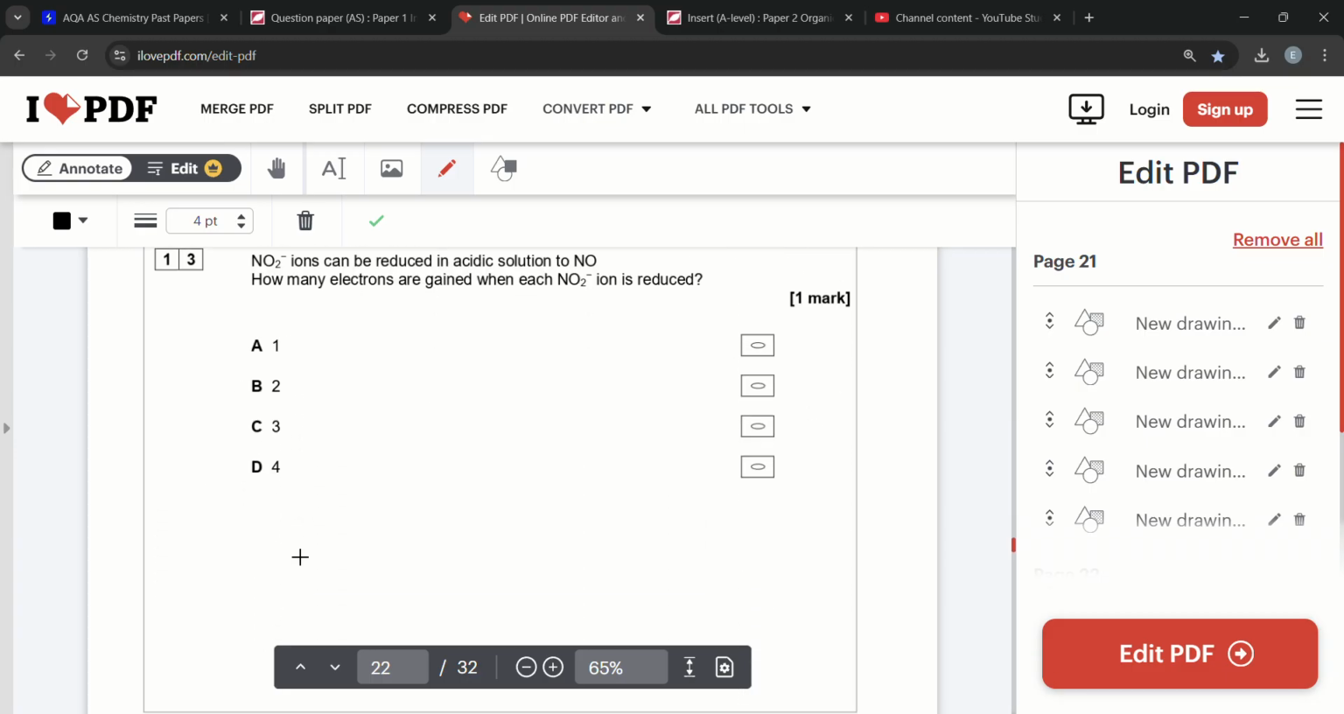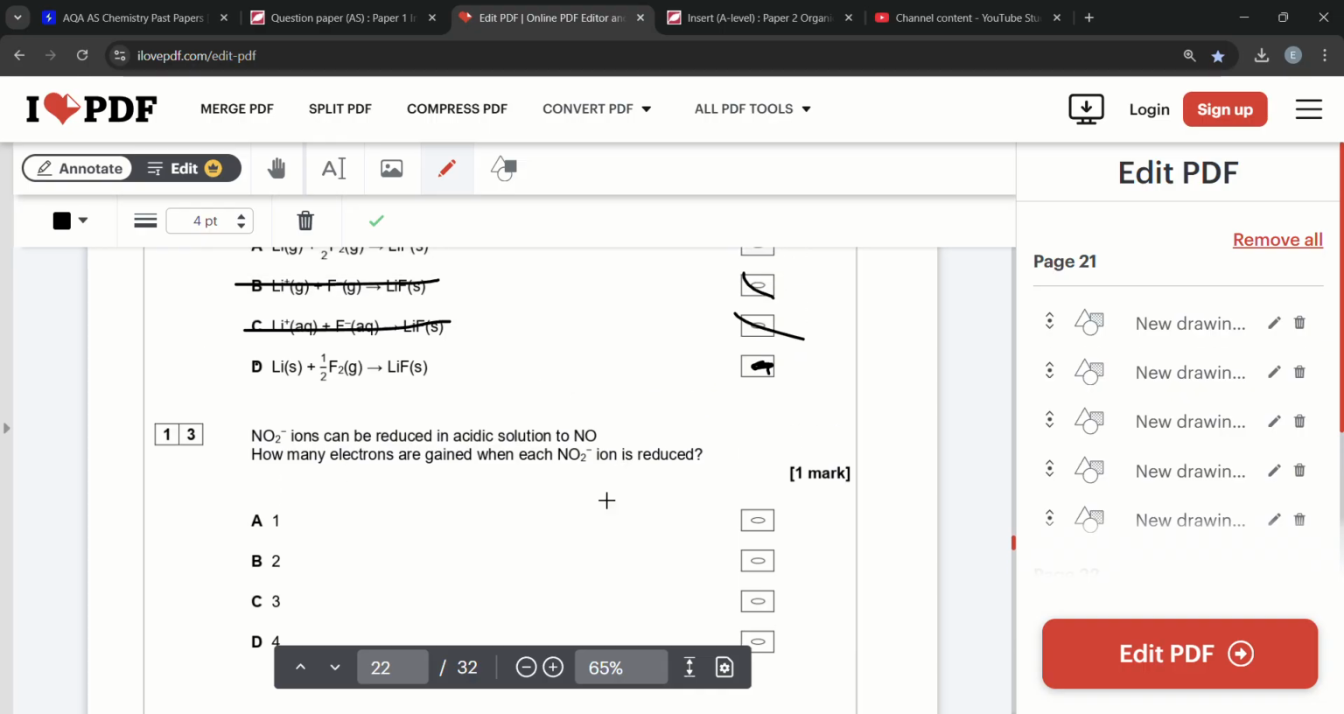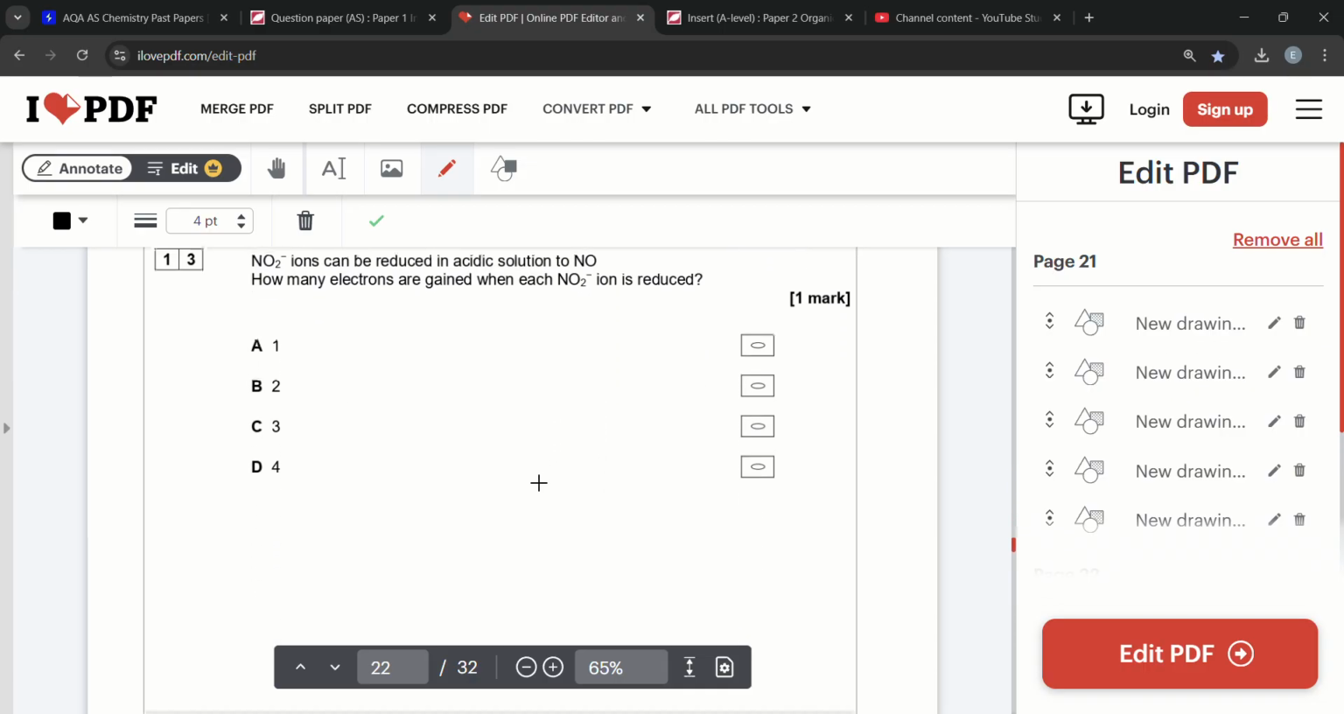Question 13. NO2 minus ions can be reduced in acidic solution to NO. How many electrons are gained when each NO2 minus ion is reduced? So NO2 minus ion will be reduced to NO. How many electrons are gained when it's reduced? Oxidation state of oxygen is -2, so 2 oxygens gives -4. Oxidation state of nitrogen is +3. So nitrogen, we go from +3